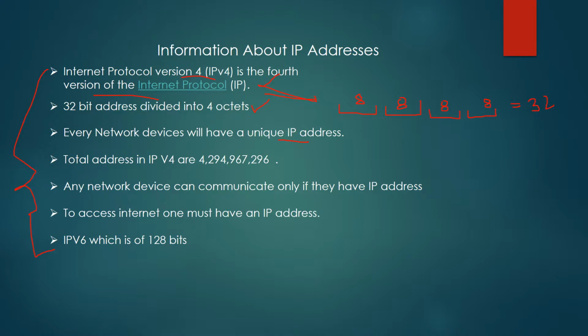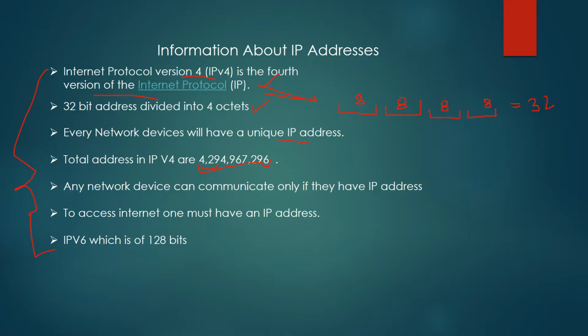Total addresses in IPv4 are 4294967296. This is a long number. You can see this is how many addresses we have available in the IPv4 version. So this is a limited number of IP addresses, some 10,000, lakh, 10 lakh, crore, 10 crore, and so on. So we have a total of about 4.2, you can say 429 crore IP addresses, and we know our world